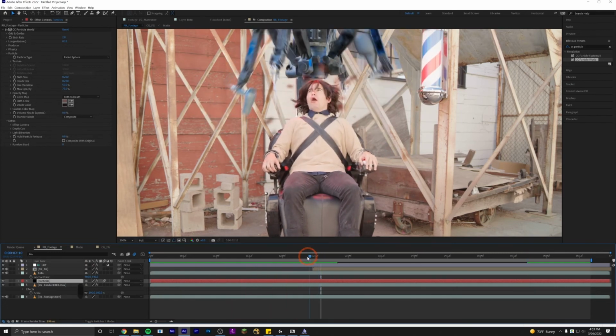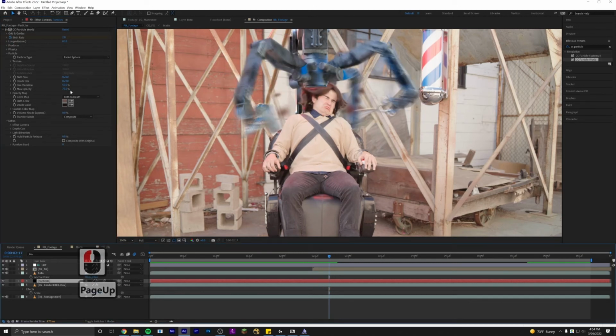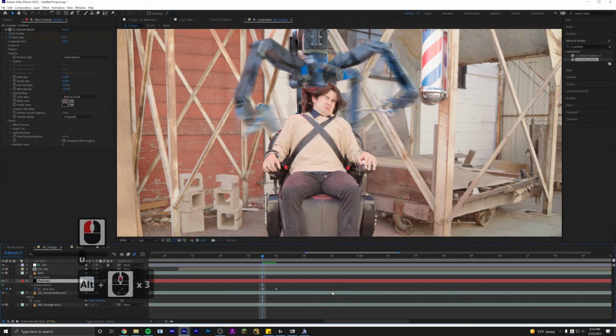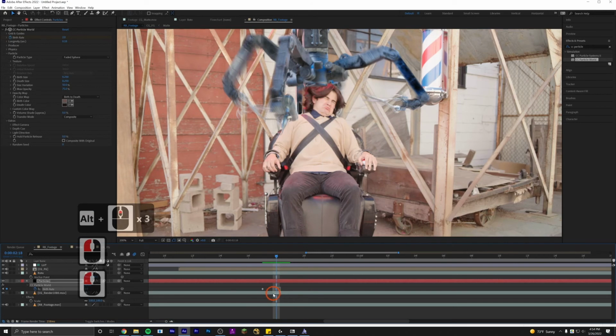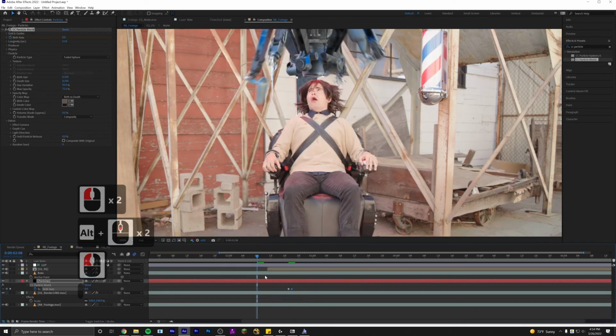So let's keyframe our emitter to start on this frame. There's a stopwatch next to birth rate. And on the frame before, we can just hit page up to go one frame before. And now we'll set the birth rate to 0. And if you hit U while selecting your layer, it'll show you the keyframes that you have. So I've got birth rate at 0, and then one frame later the birth rate is at 2. So on this frame it'll start emitting,